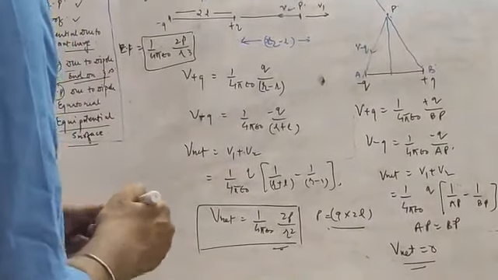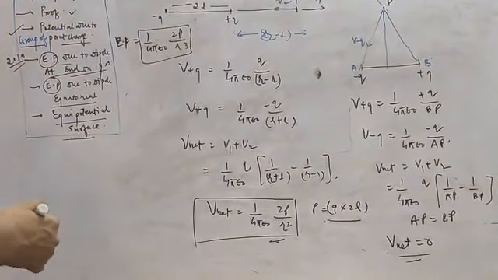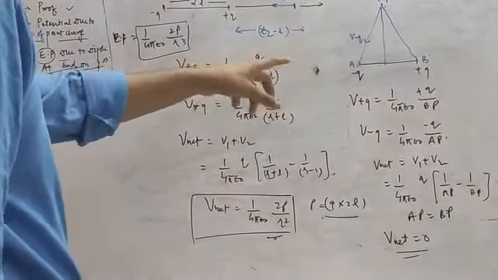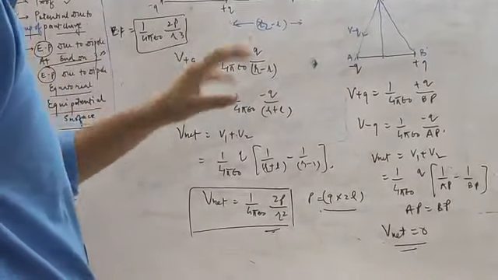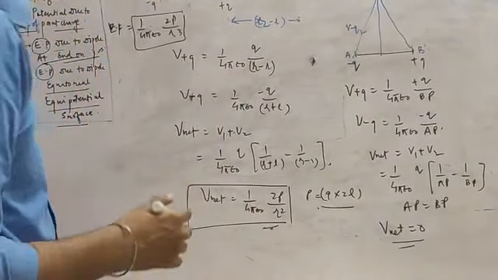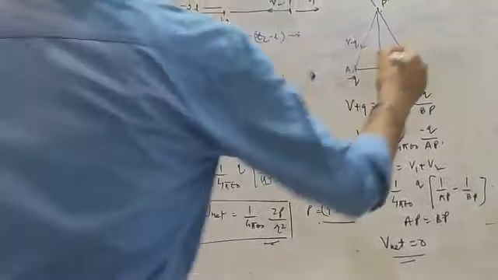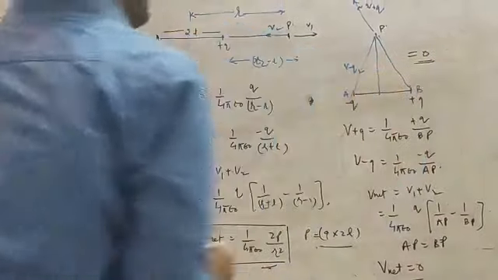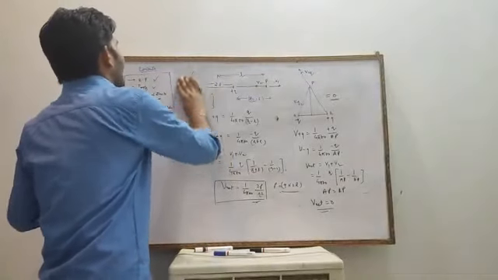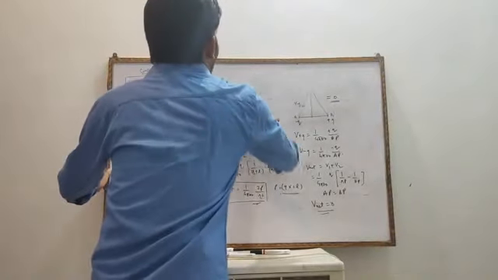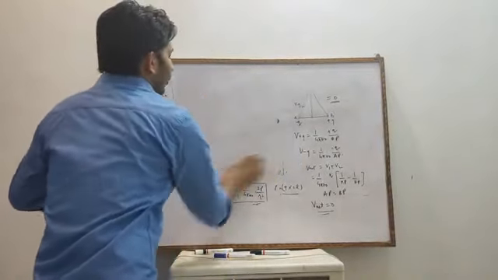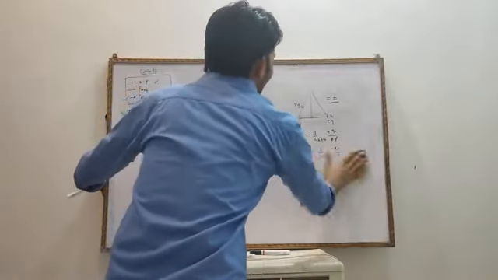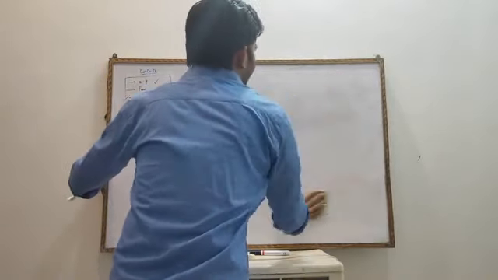So this type of question is frequently asked as 1 mark questions in the examination. What will be the value of electric potential due to an electric dipole at the equatorial position? That is equal to 0. Now the next topic and the last topic in this chapter is, what do you mean by equipotential surfaces?